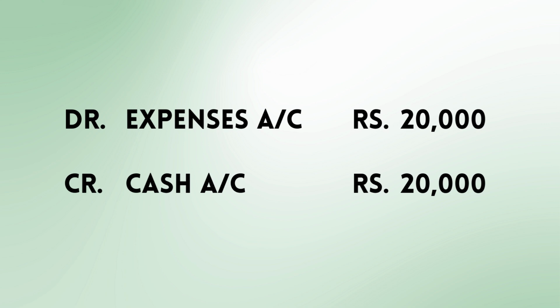You may refer to my earlier video on journal entries for better understanding, which is tagged at the end of this video. Thus, John will record all these financial transactions in his books through a process called bookkeeping. The recording follows the double entry system of accounting, where every transaction affects at least two accounts and finally summarized in the form of financial statements like the income statement, balance sheet, and cash flow statement.